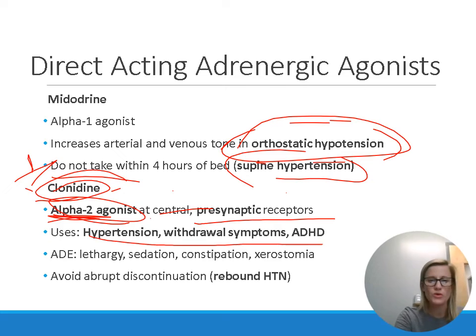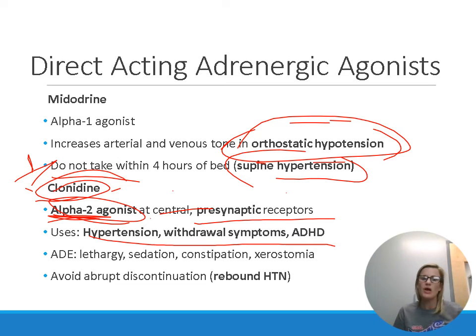Clonidine can also be used for withdrawal symptoms. So patients who are going through opioid withdrawal or benzodiazepine withdrawal, the reason for this is withdrawal is associated with an increased sympathetic response, right? That fight or flight, like panic response is occurring. So sometimes, giving Clonidine can help with that a little bit. It can decrease heart rate, decrease blood pressure, kind of decrease anxiety and tremors a little bit, and it's completely